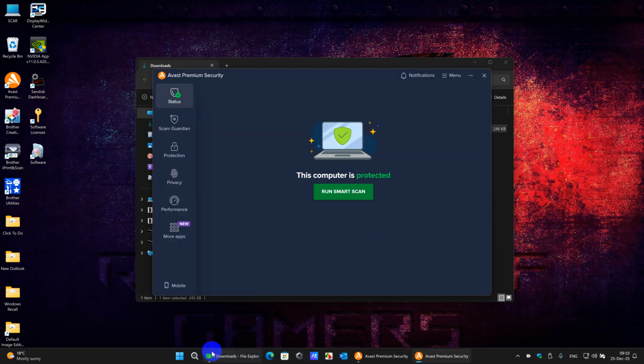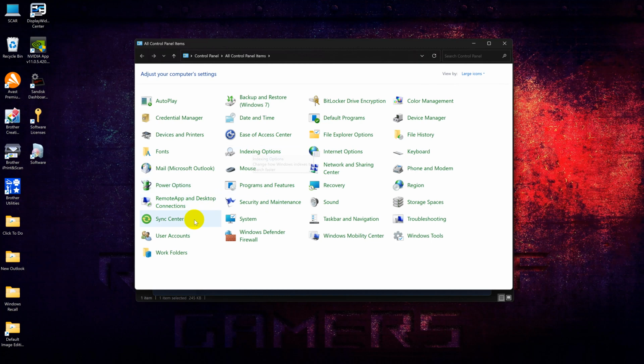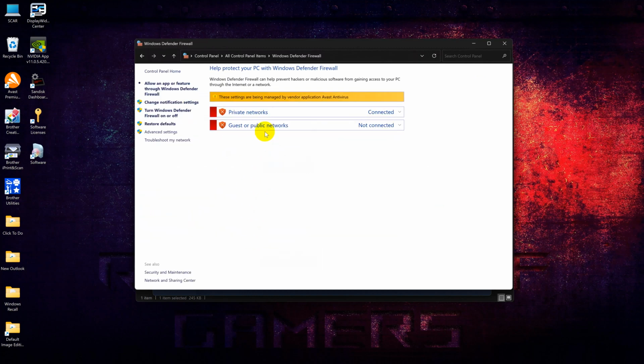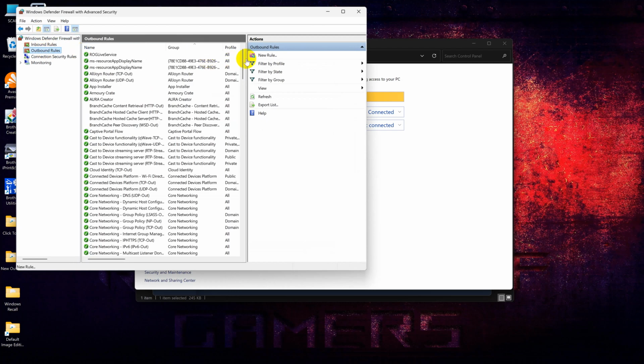Now, first thing you want to do is block Avast from the firewall so it doesn't send your data. So you're going to go to Control Panel, Windows Firewall. It installed the Avast firewall, that's why this option here is showing this. But what you want to do is click on Advanced Settings, Outbound Rules, New Rule,